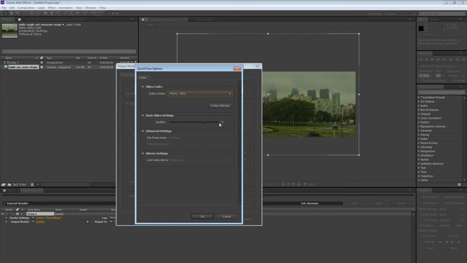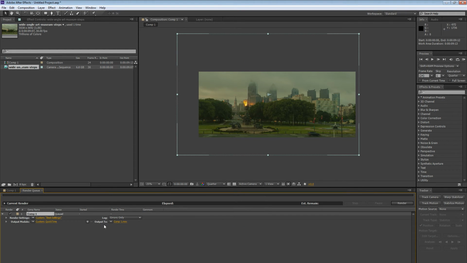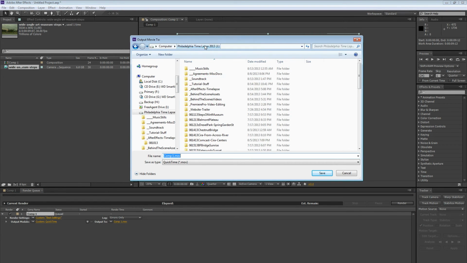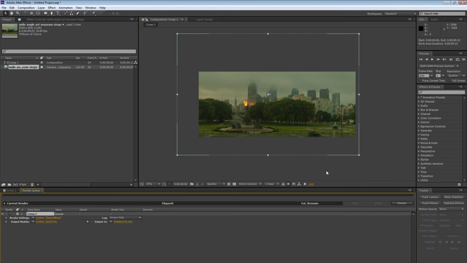So I'm going to stick with 70, and I'm going to hit OK, and I'm going to hit OK. And then we have the little output to option here. I'm going to choose comp1.mov, and I'm going to go to my tutorial stuff file, and I'm going to save it to here. So I can just say, you know, I could save comp1, or I'll say Timelapse-01. Hit save, and then all you have to do is hit the render button, and it's going to start